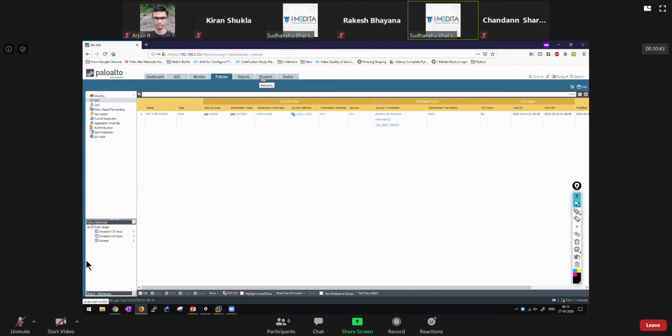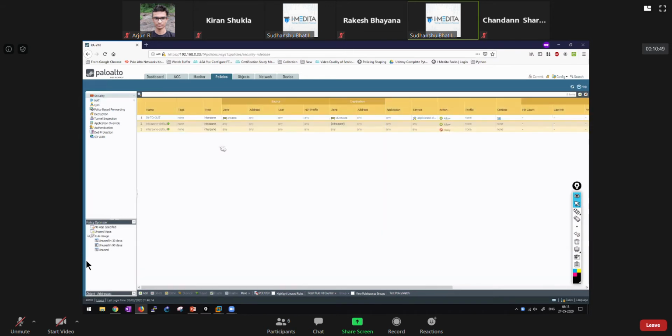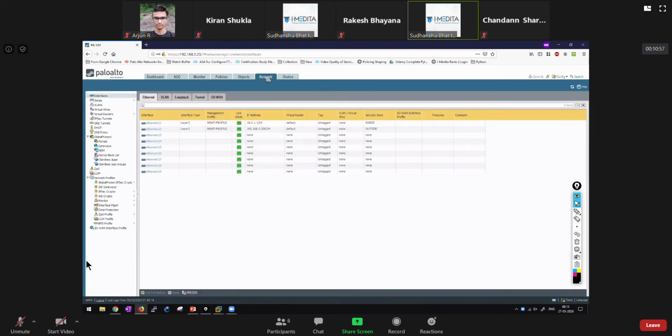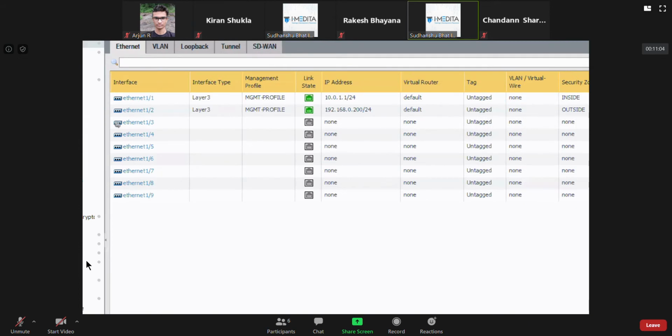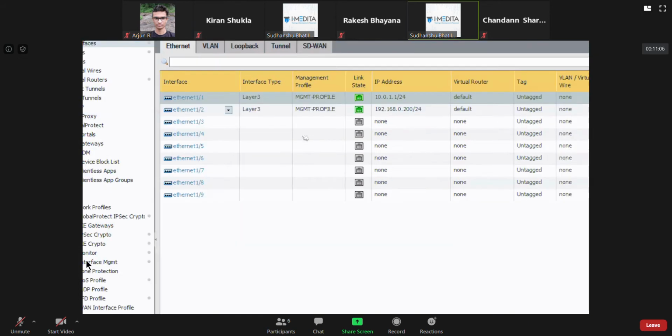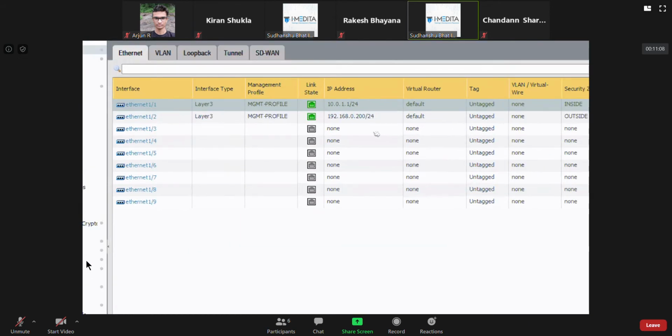I have the NAT policy there, even a security policy to allow people to go out. As you can see, this is my inside zone, and Ethernet 1/2 is my outside zone here.